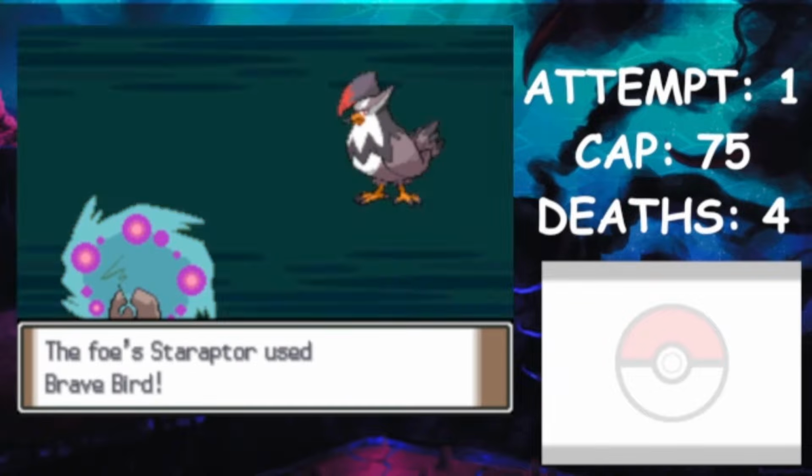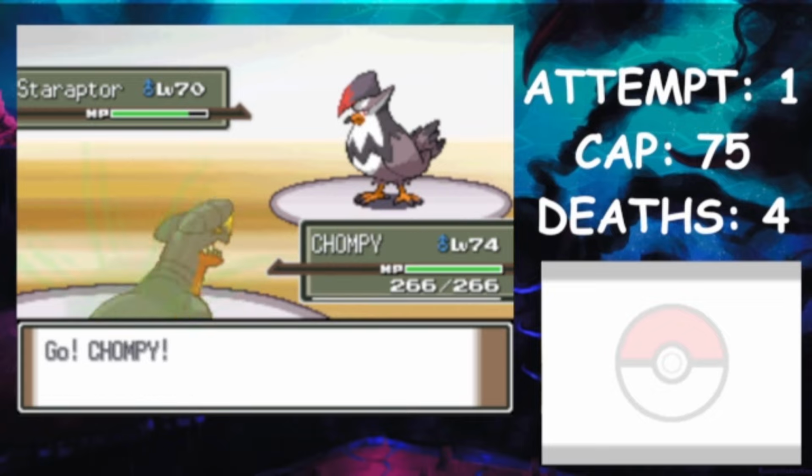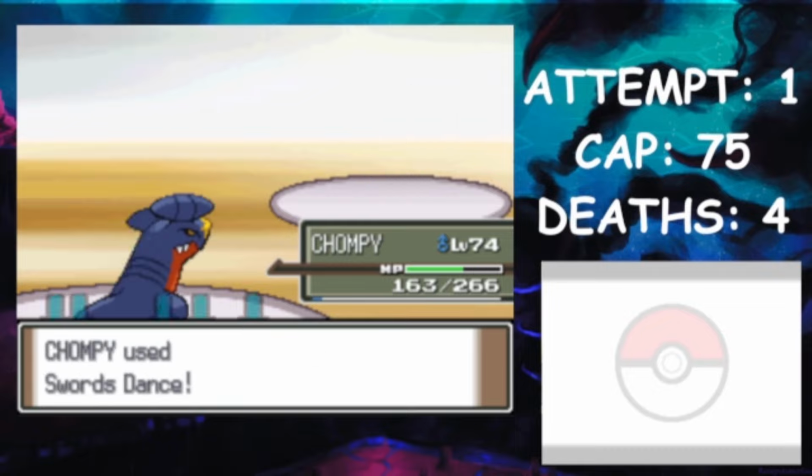So for this final rival battle, I'm going to be starting off here with Spiritomb, and I'm going to go take advantage of Staraptor's Choice Scarf that it's holding, as after it goes for Brave Bird, I'm going to disable this move, then make a switch over into Garchomp, set up my substitute, start setting up some sword dances, and